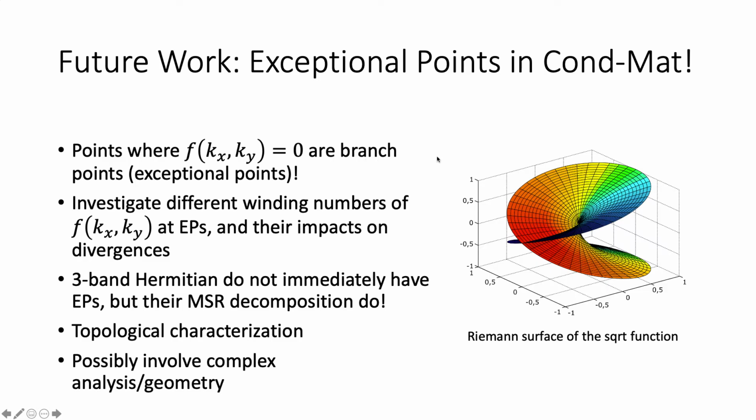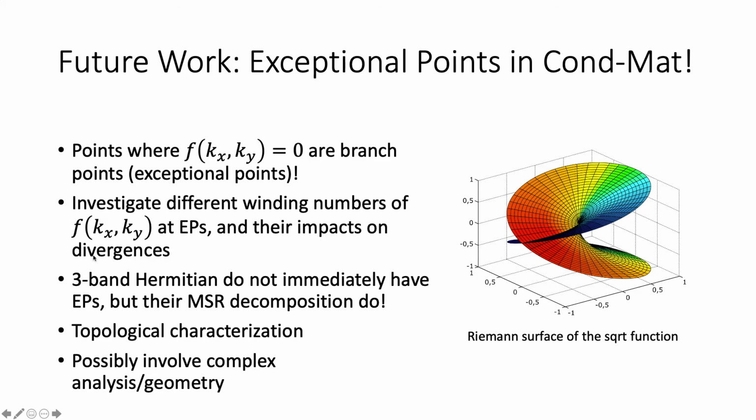Now for a future year, what I'm working on currently to further the project is something called exceptional points. It's observed that the points where the discriminant is equal to 0 correspond to the branch points of the square root function in complex analysis. In physics, these are known as exceptional points, and they have appeared in optics. So some possible avenues of investigation are